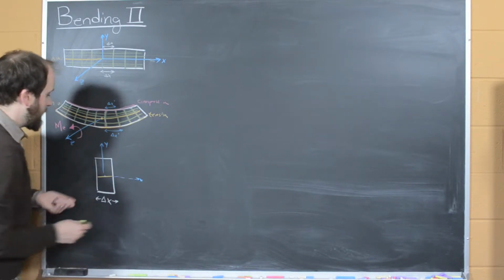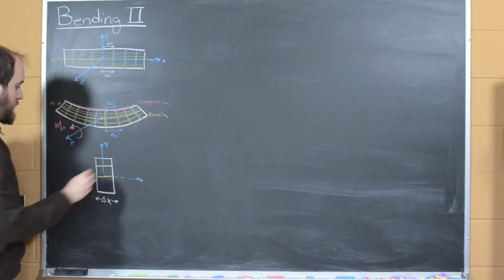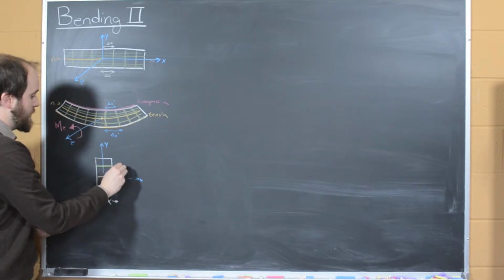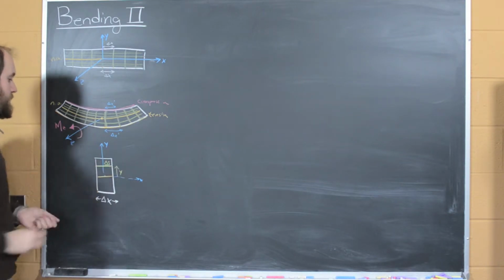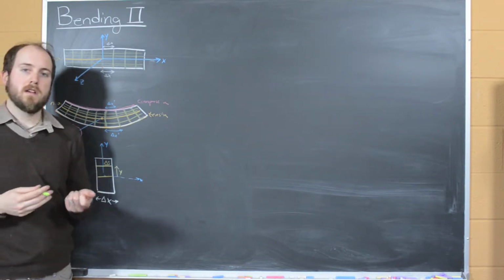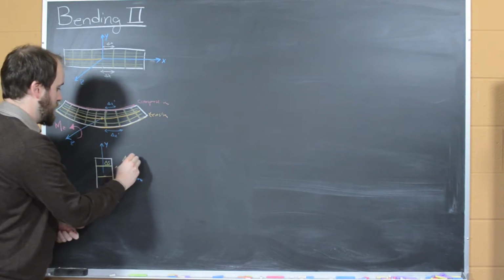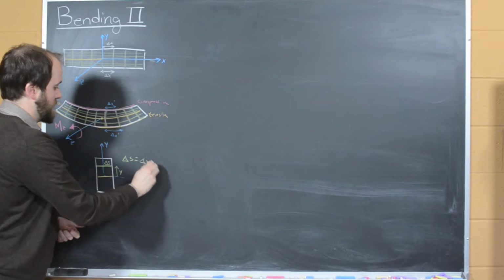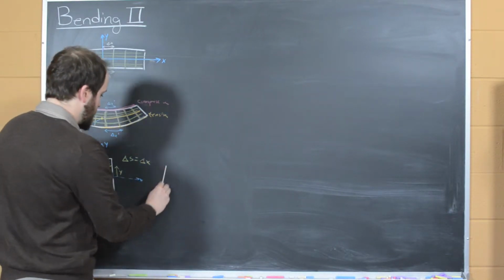And then we can look at an arbitrary point some distance y up the beam's cross-section. So this will be our distance y, and we'll call this a new length delta s. What you can see right from the initial drawing here is that in the undeformed state, delta s is simply equal to delta x. But as we deform this structure,